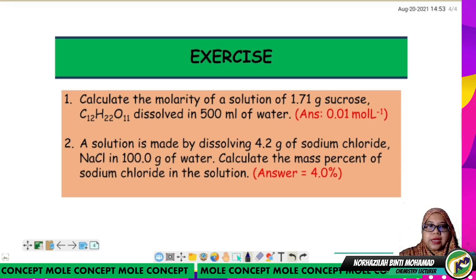So I think that's all for my video today. I hope that this video helps you to understand what the concentration of a solution is and how to calculate the molarity and